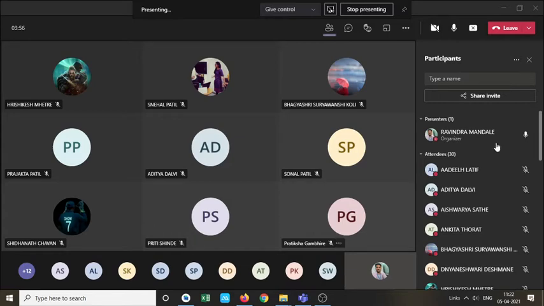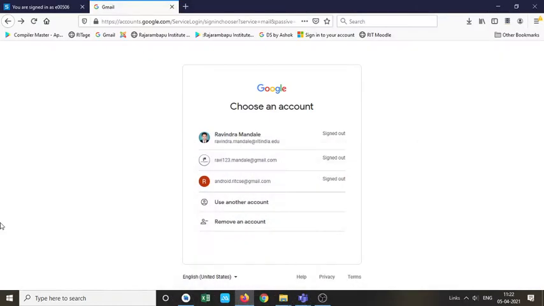Okay, we'll start. Hello all. In this session, we are going to see how to publish an Android application on Google Play Store. Okay. So let us start with the demonstration. Actually, this is the topic from the last chapter. Right now I'm going to cover this and then we'll continue the remaining part of your syllabus. Okay, so all should pay attention.